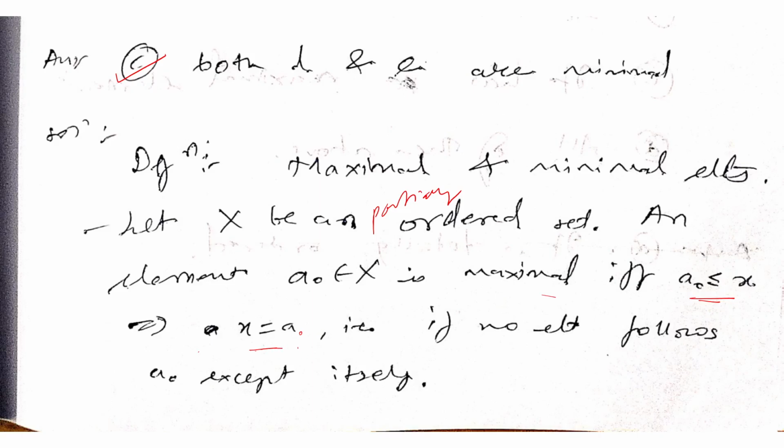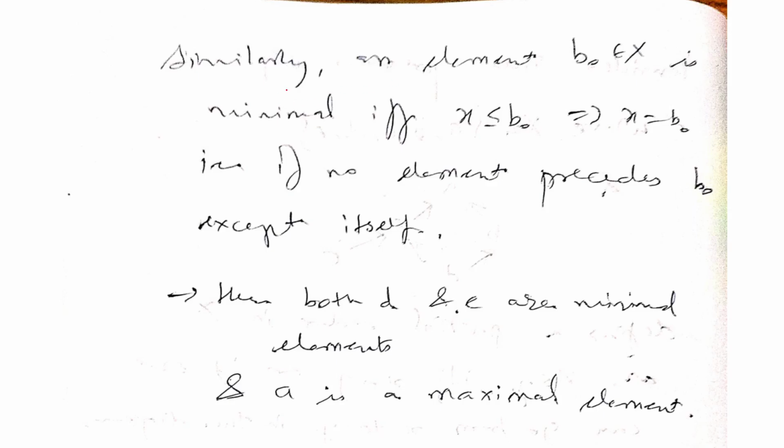ओके, सो सिमिलरली फॉर मिनिमल ऑल्सो, एन एलिमेंट बी नॉट बिलोंग्स टू एक्स इज मिनिमल इफ एंड ओनली इफ एक्स इज लेस देन इक्वल टू बी नॉट। मतलब बी नॉट से अगर आप